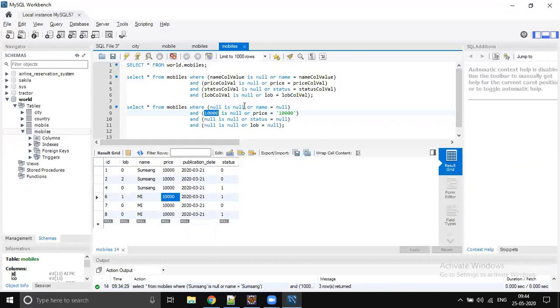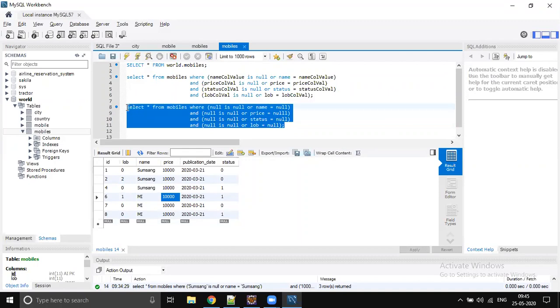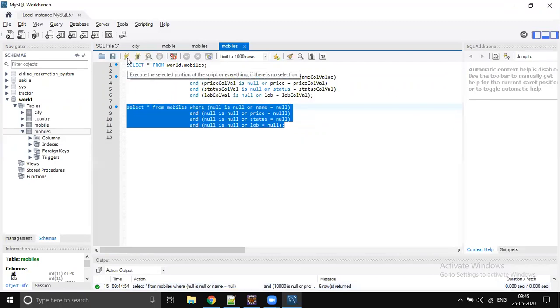If you don't pass mobile price also, if no filter is passed, then you will get all the records. So this is how you should implement filtering logic in the application.